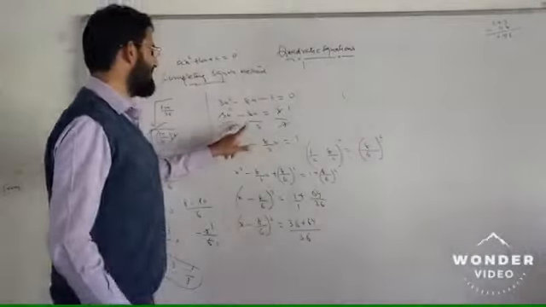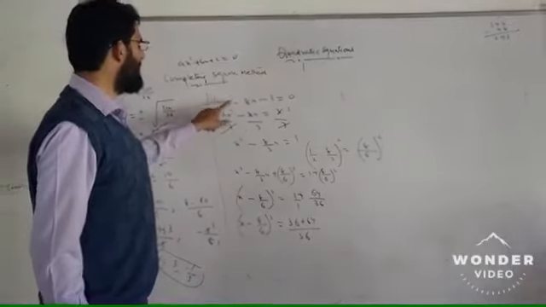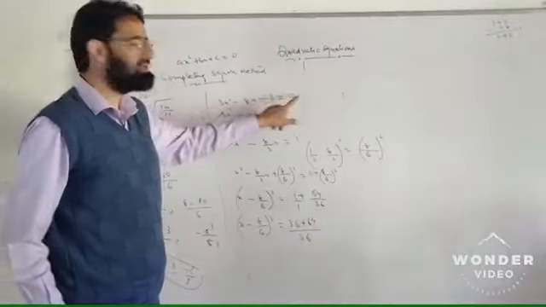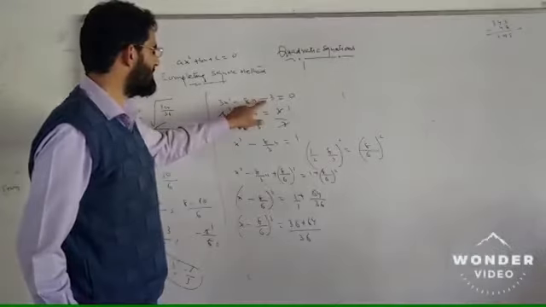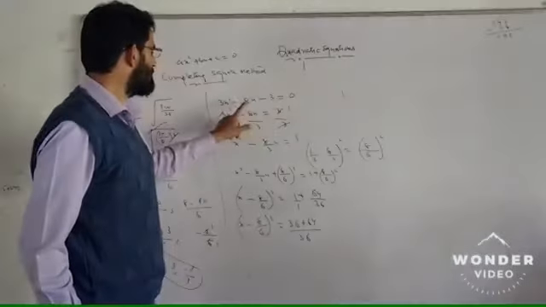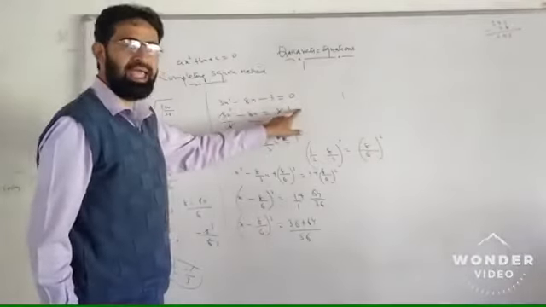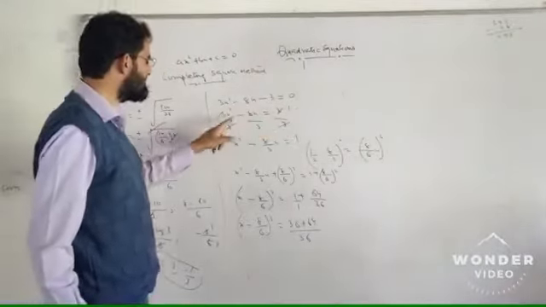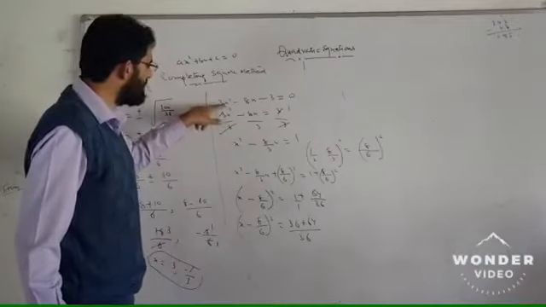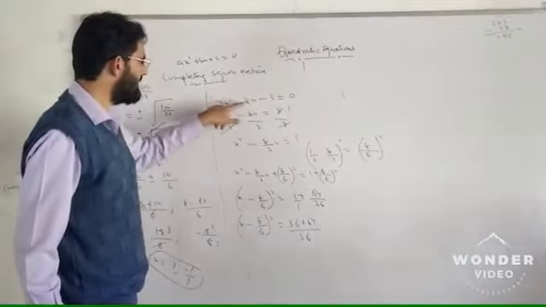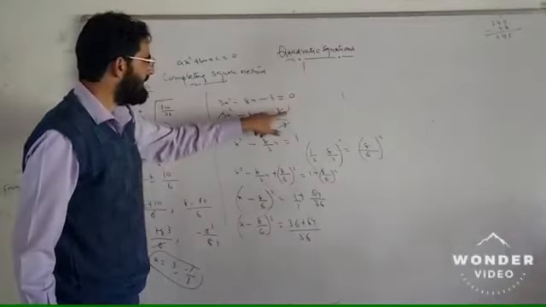Now step by step you will remember this. 3x square minus 8x minus 3 is equal to 0. What you shall do is, first of all you will shift this constant term towards the right hand side. So it will become 3x square minus 8x is equal to 3. Now the third step is you are dividing each term by the coefficient of x square, that is 3. Here we divide 3x square divided by 3 minus 8x divided by 3 is equal to 3